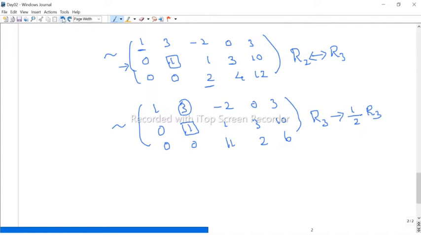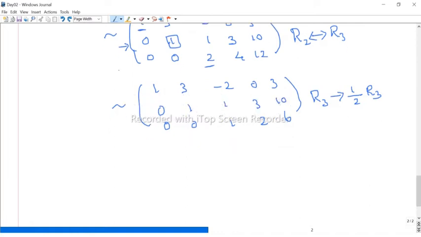Okay, done. But we have to make this matrix into reduced row echelon form. So then what do we have to do? We have to make the positions above the leading entries 0. First row is not a problem, because 1 is here and above the 1 there are no rows, so there is no need to check the first row. Now look at the second row. We have to make the entry above the leading entry 0, but here the entry is 3. We have to make this 3 zero.